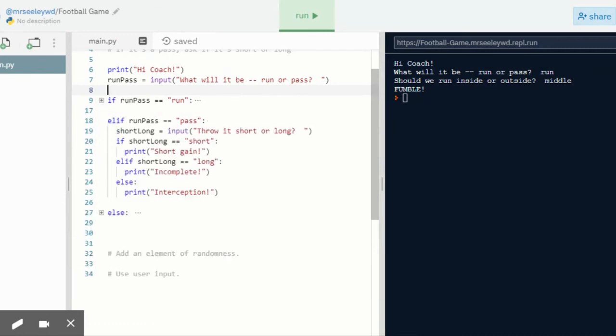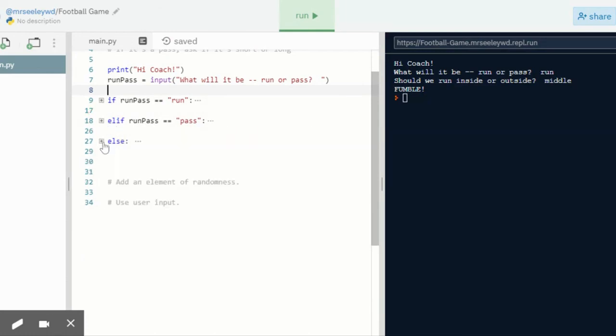What if it's a pass? Short long is ask if it's short or long. If it's short, say short gain. If it's long, say incomplete. Otherwise, say interception. And I'm going to add to that in a little bit. That's going to be my randomness thing there. And then else print, I don't know what that means. Great. So that is how I would set up my layers of choices, which now need some random inputs. And I'll get to that in my next